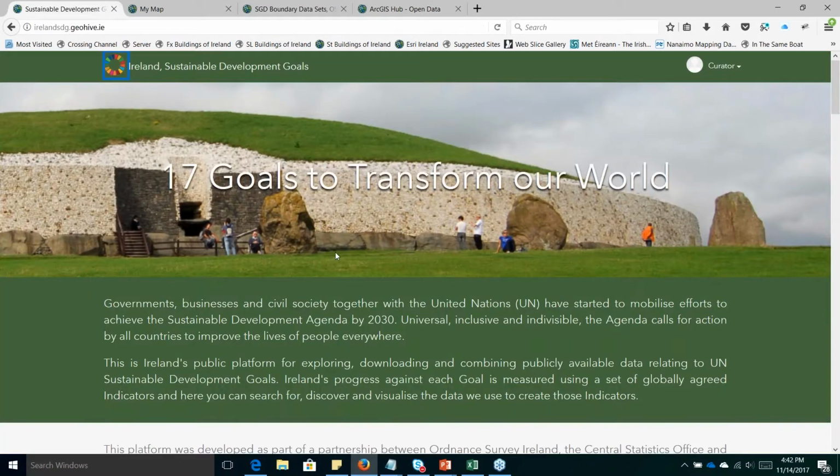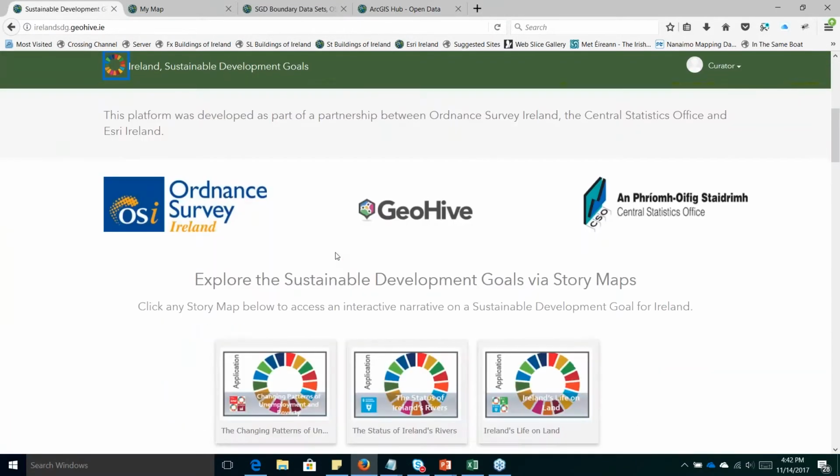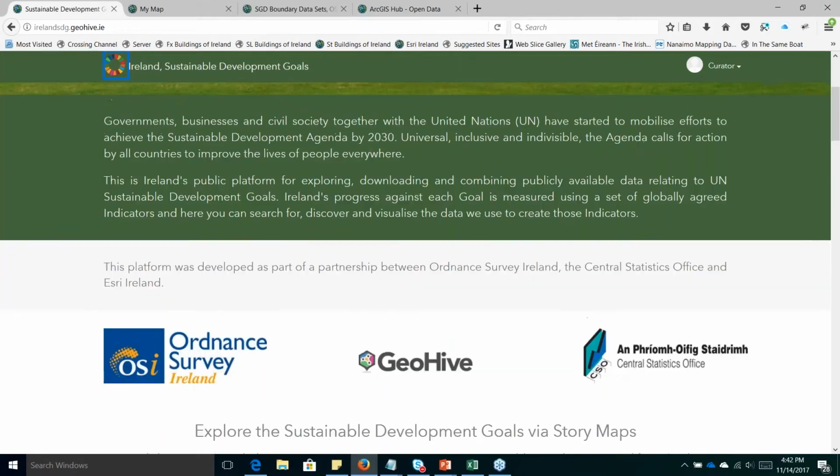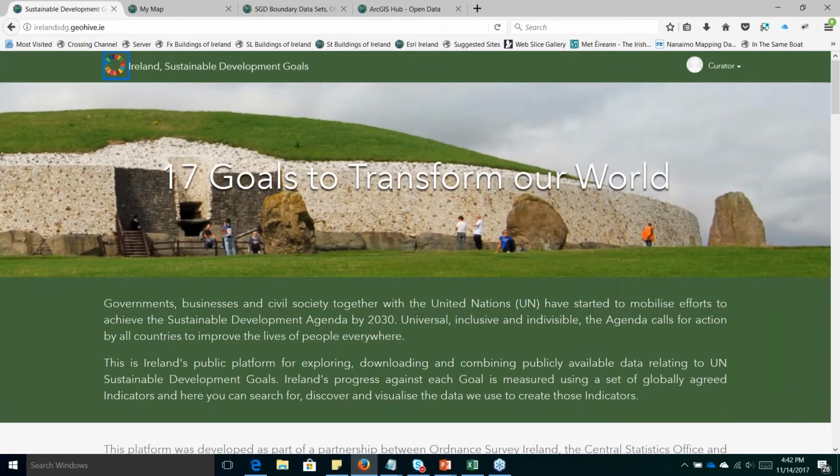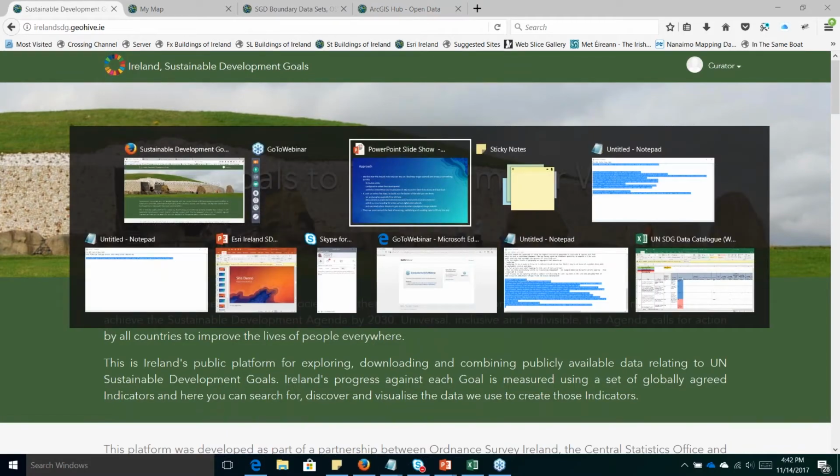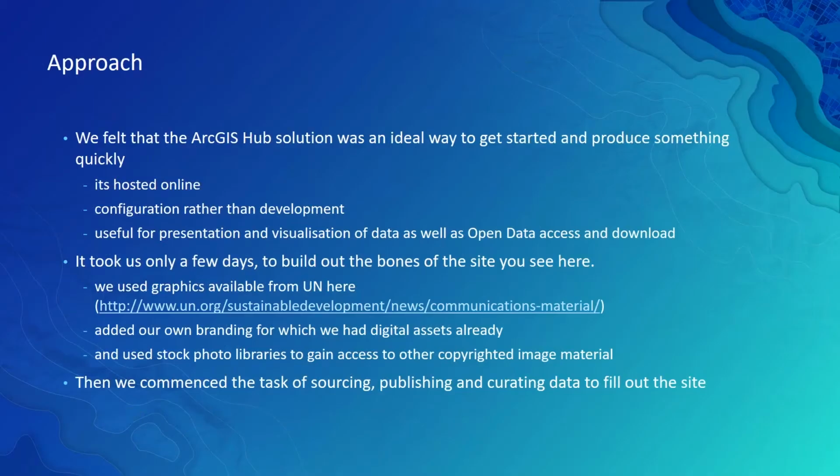So this is the site that we've developed, and we will go into a few aspects of this in a few moments, but just to show you that it exists, and that's what it looks like. And if I switch back to the slide,